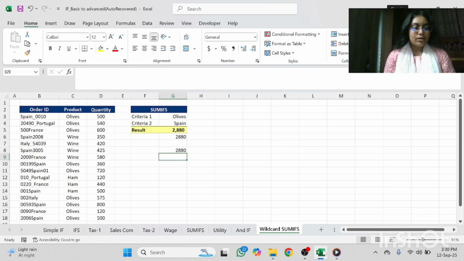Sometimes we don't know the full word or text we are searching for, we only know part of it. In that case, we use wildcards. So now, applying wildcards on Excel. Firstly, equal